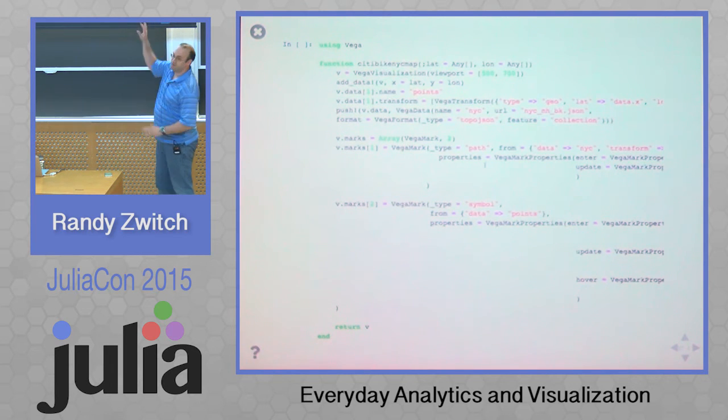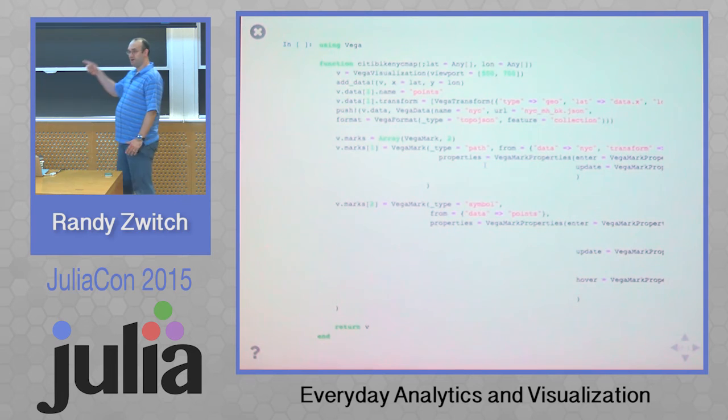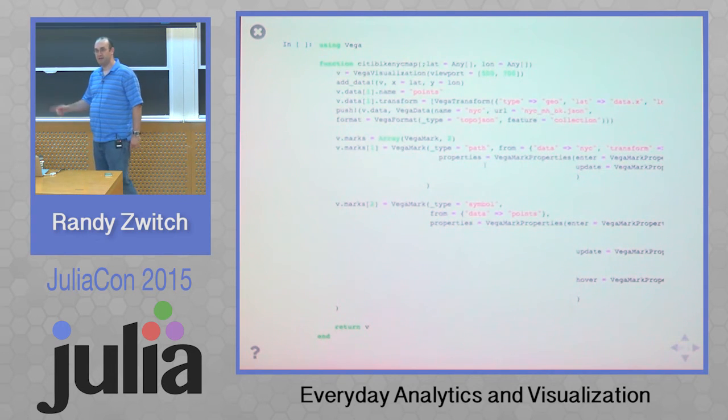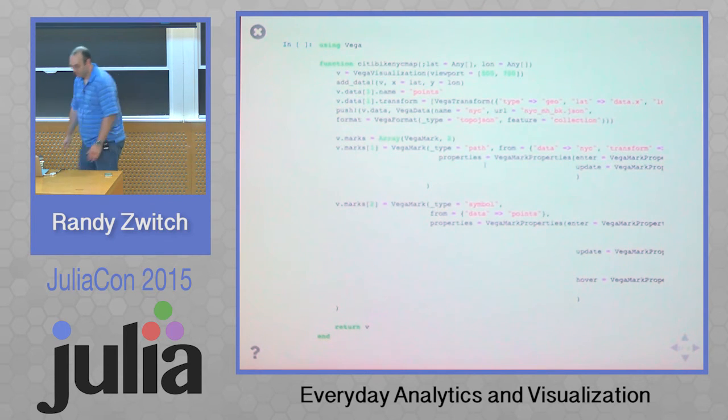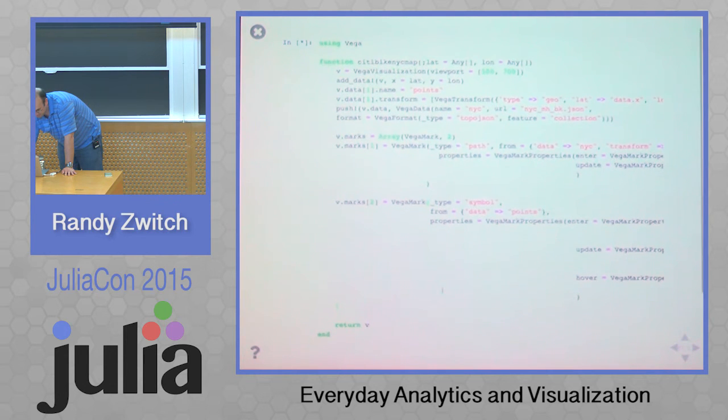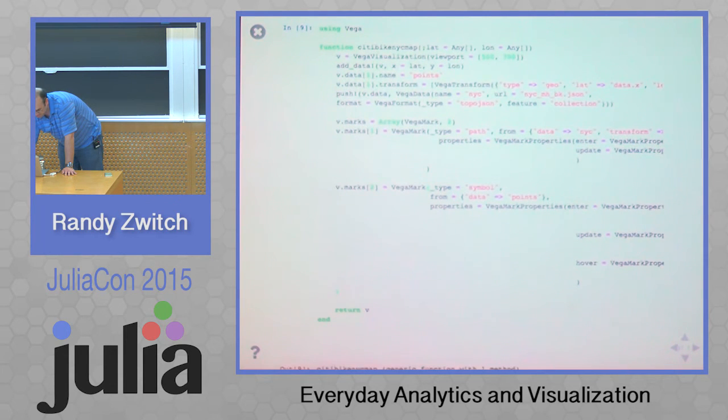So this is some really ugly syntax. This is what you need to do at the really low end to build a visualization in Vega. However, when I talk about it in a few minutes, you'll see that I've created a much higher level interface. So when we plot this, well, actually this is just the function itself. Okay.